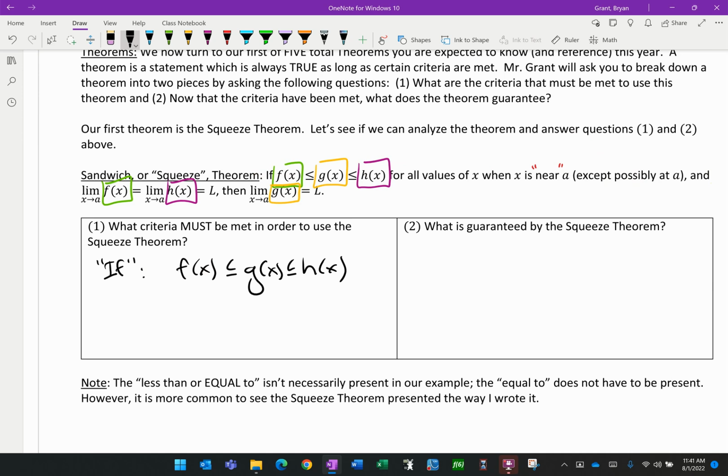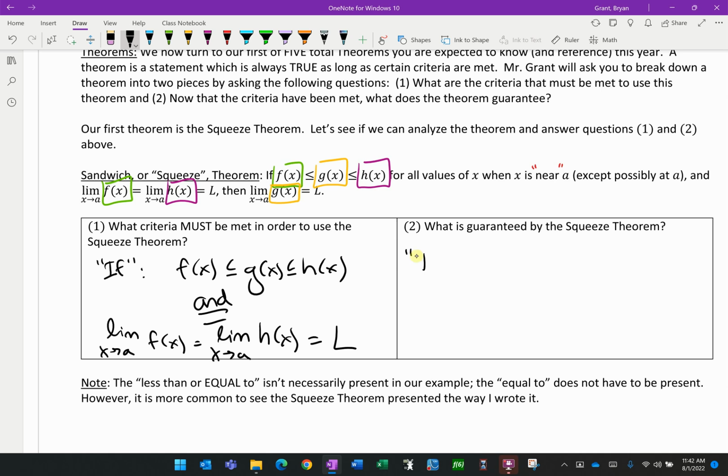And this is still part of the if, right? If this and that. So both of these need to happen when there's an and. So not only does this have to happen, and the limit as x approaches a of f of x equals this limit for h of x equals L. So the limit as x approaches a of f of x must equal the limit as x approaches a of h of x, which equals L. So if you have this ordering of functions and you find a specific x value where the smallest function and largest function have the same limit,